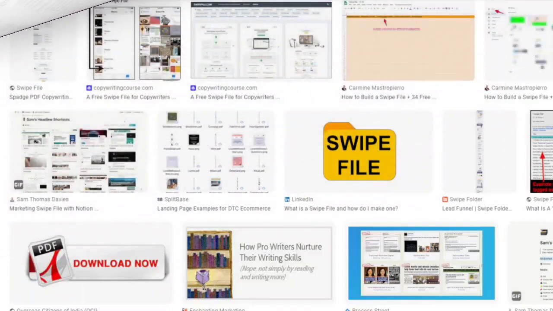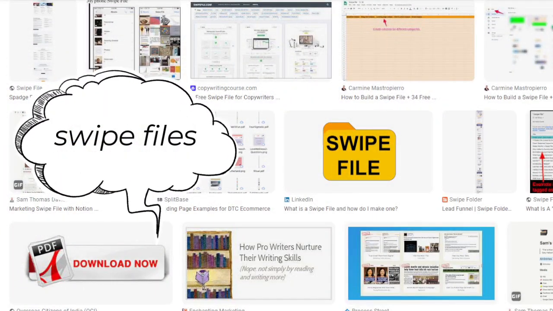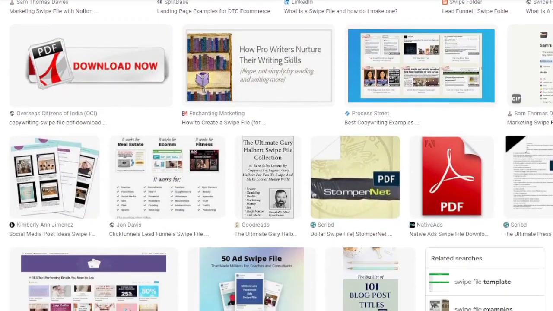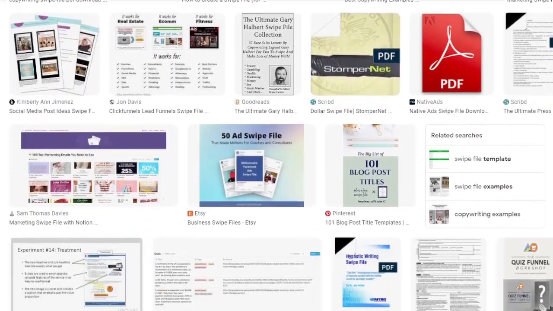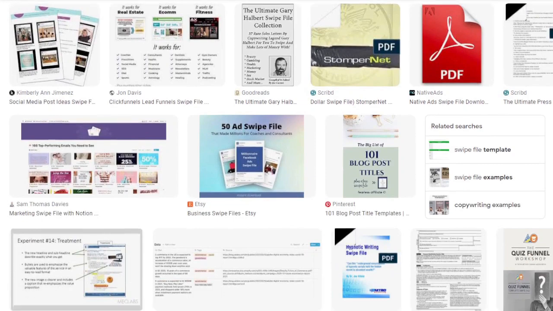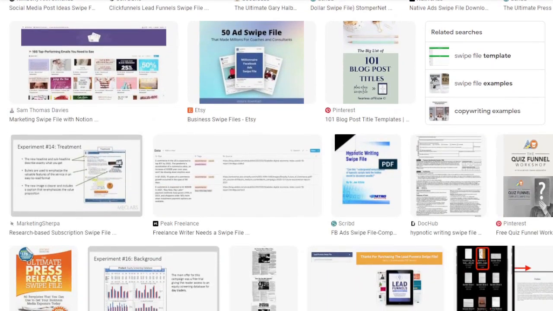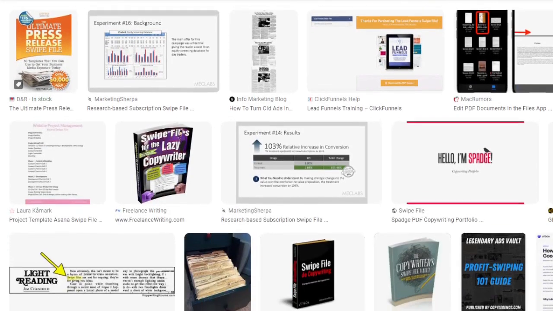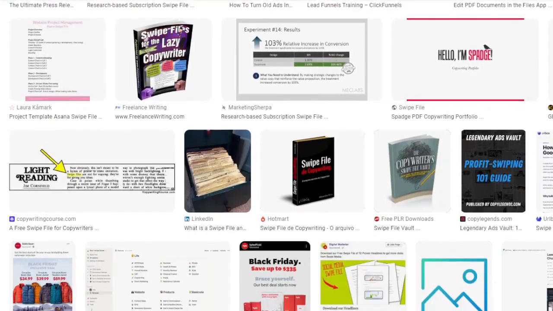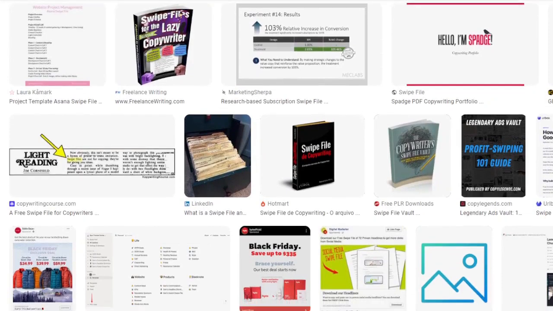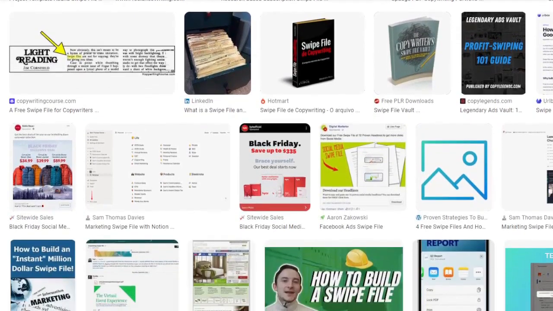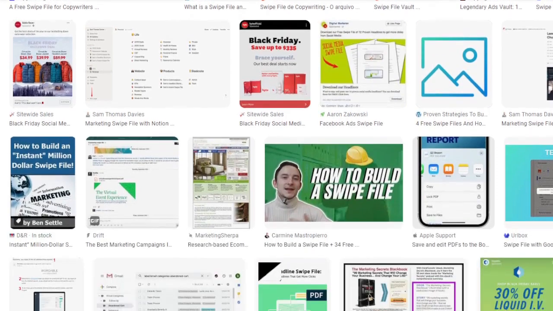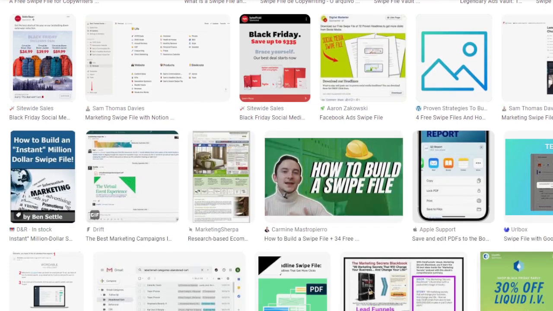Now, swipe files. Swipe files come from traditional advertising copywriters who would gather title ideas, clippings, research, snippets, and more into a file that would later inspire them to do their work. Now, in this time, that swipe file does exactly the same thing. You can have it as email headlines. If you've monitored your headlines, you've noticed that these 50 headlines in your email got the best open rate, you create a swipe file right there that you can sell